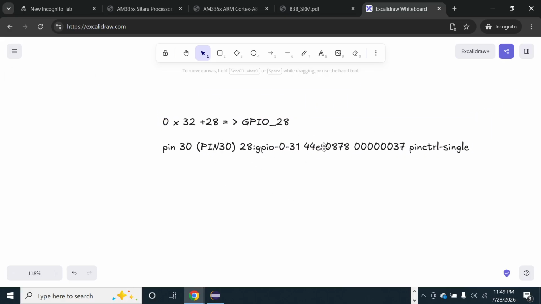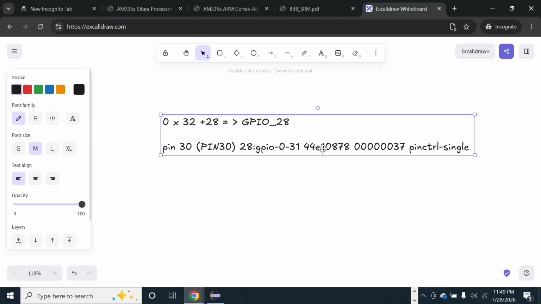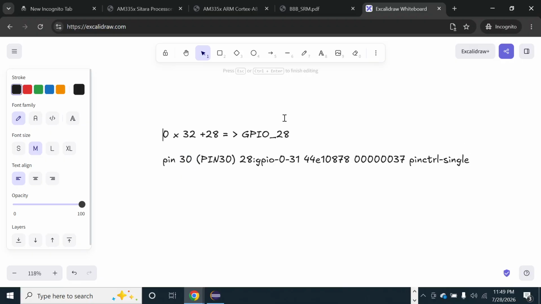So this is the address that our pin lives in. P9_12 currently lives in this address, and our offset here or current holding is